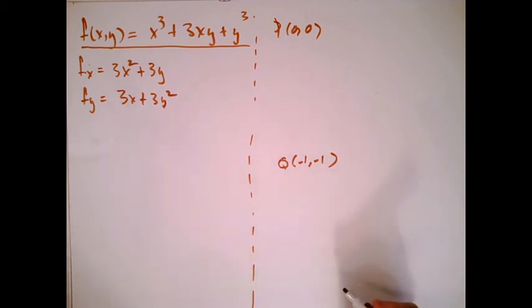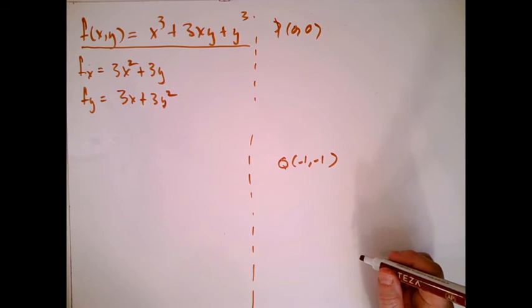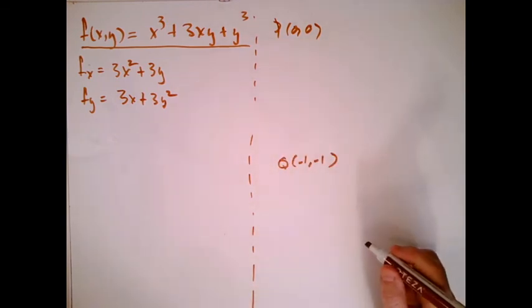We're now going to use the second derivative test for the critical points of our second example. Just a reminder that our function was x cubed plus 3xy plus y cubed. We took the partial with respect to x, said, hey, it's always defined, so we set it equal to 0. We took the partial with respect to y. We said, hey, it's always defined, so I set that equal to 0. And when we solved the equation, we wound up with two critical points, (0, 0) and (-1, -1), but we